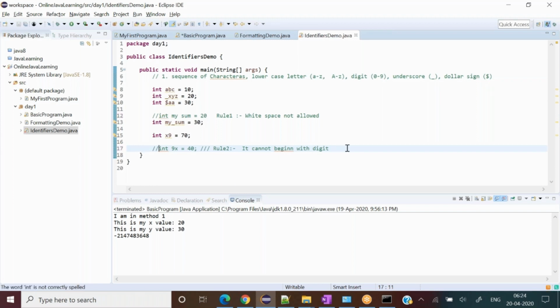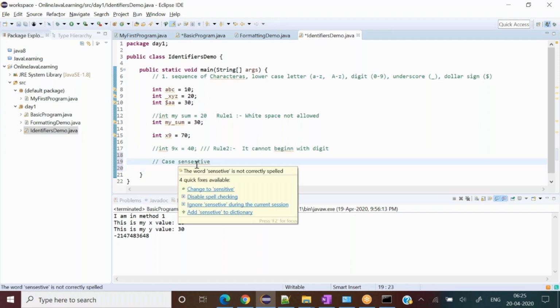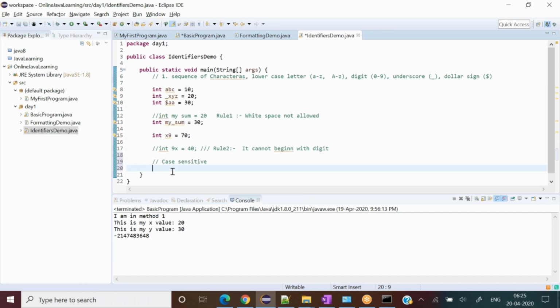Okay, now one more important rule which you must know: identifiers are case sensitive. What is the meaning of case sensitive?